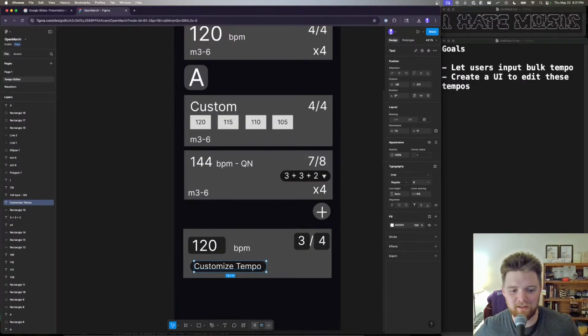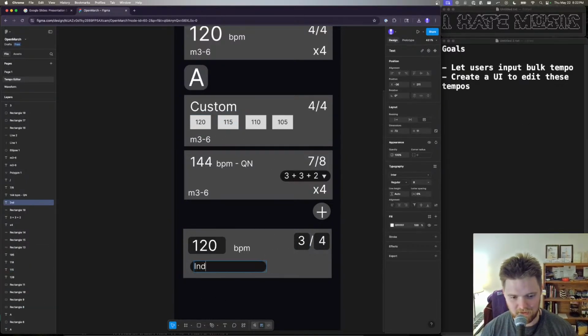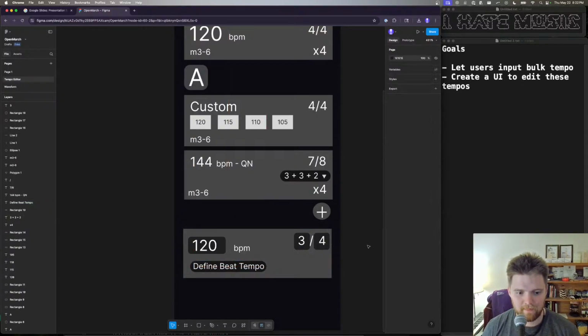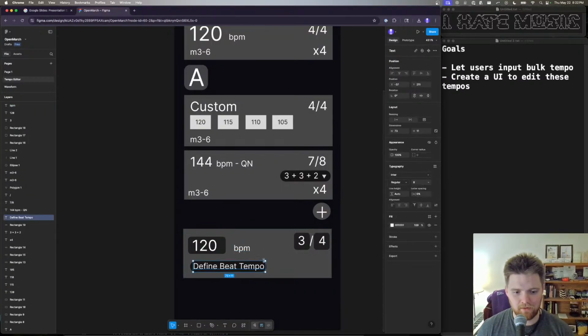Should we make this button customize tempo? Like, when you press this, that's when this shows up. Customize tempo. Should we make it individual beat? Define beat tempo. You know, let's stick with that. I think that's good. So this is going to be a new one. Define beat tempo. And then another thing we might want is